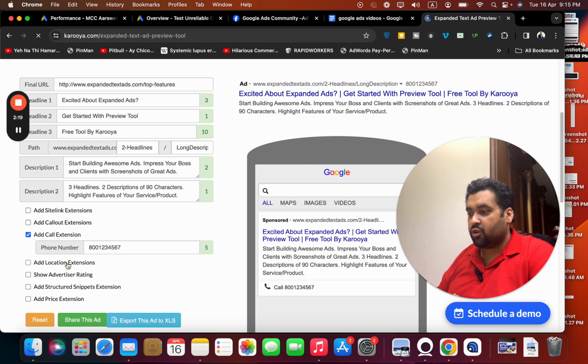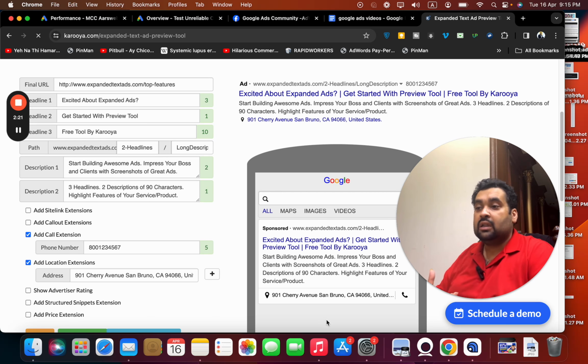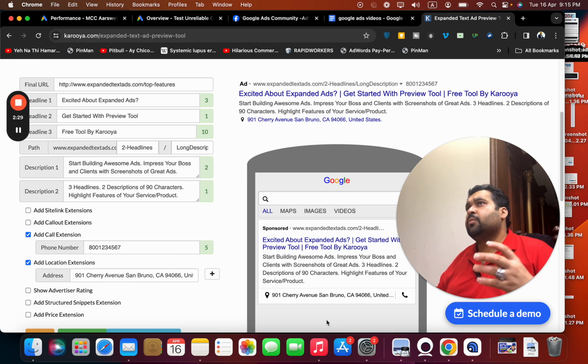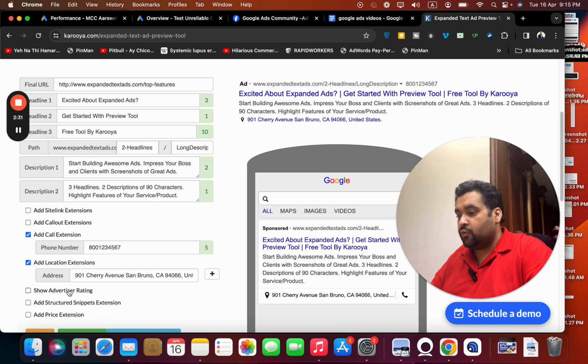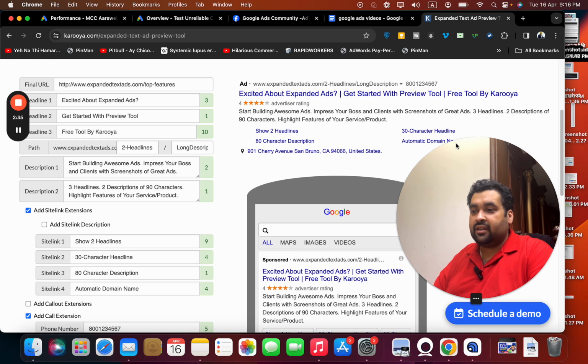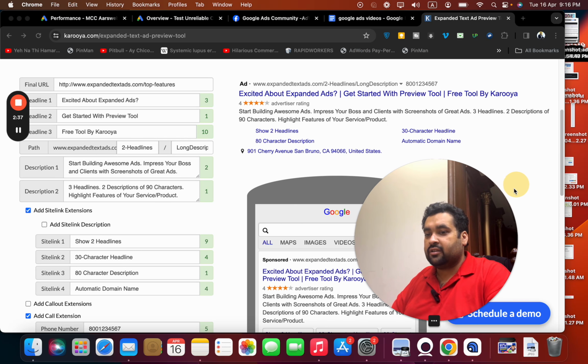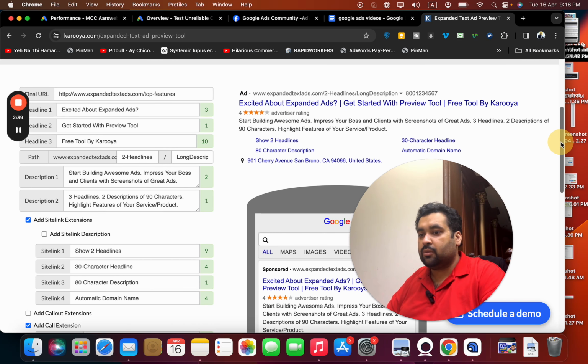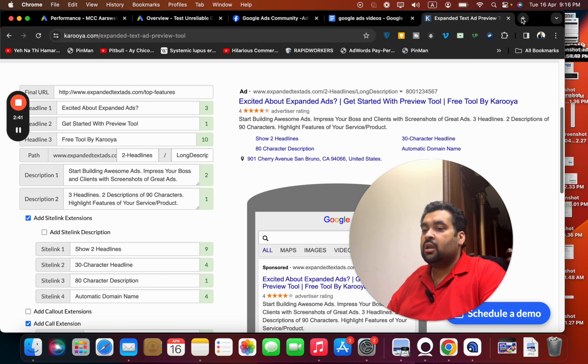So add a call extension, so that can also build trust. Location extension, this can also really help, because this will help in authenticity. I believe that the majority of the time, authenticity is the reason people do not trust you enough to call. If you add the advertiser rating, that is going to give you more chance. And if you add the structured snippet extension like this, look at this. Now this is an ad where people are much more likely to click on,